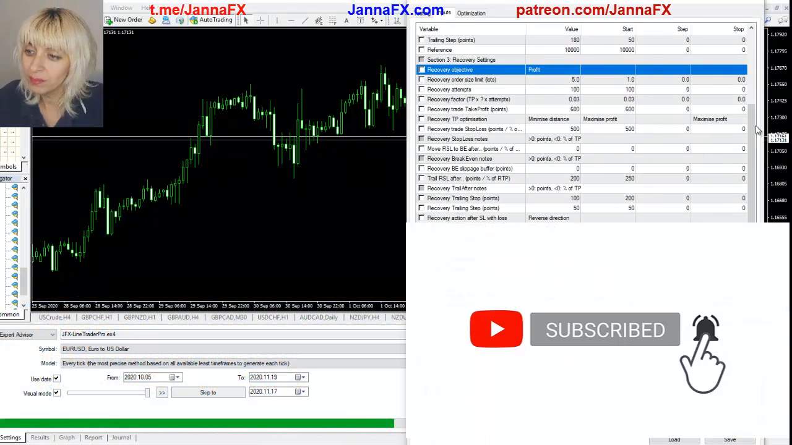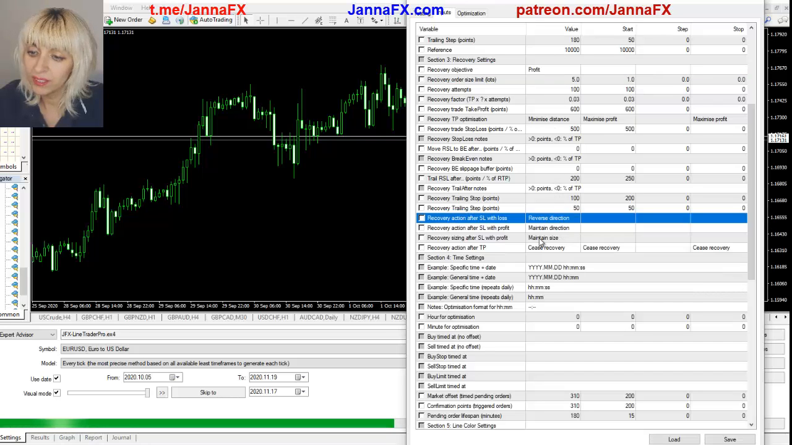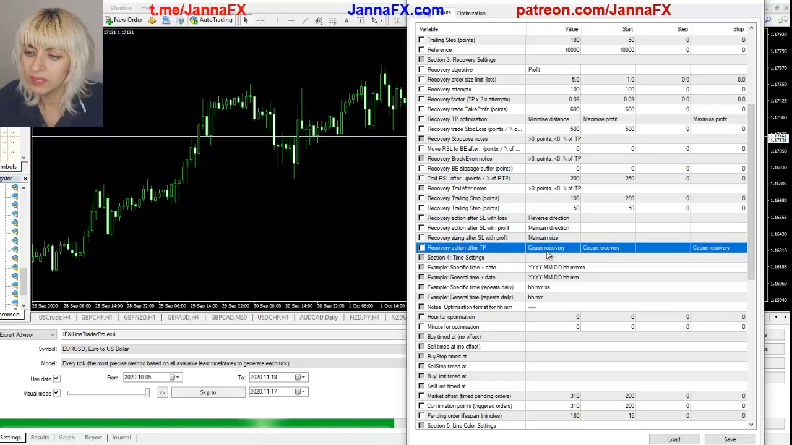So guys, I'm leaving the same settings. We're only going to try and see what the differences are with this. I think it's cease recovery, you understand what it means, and continue recovery. Let's do